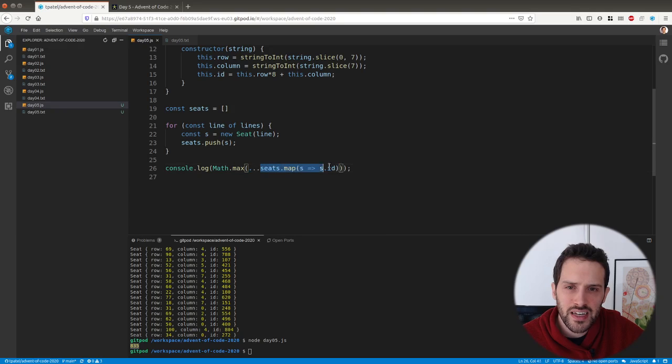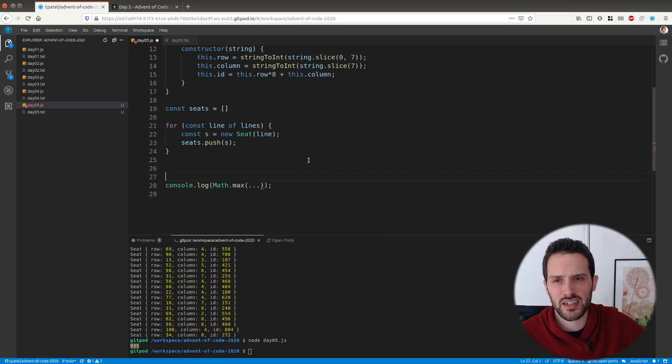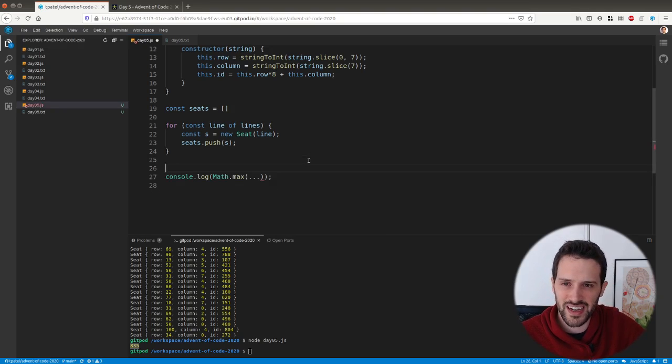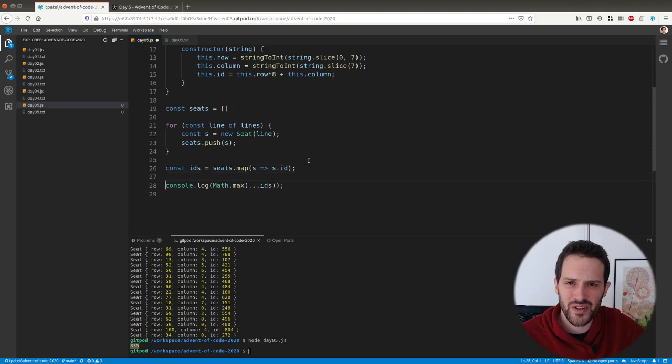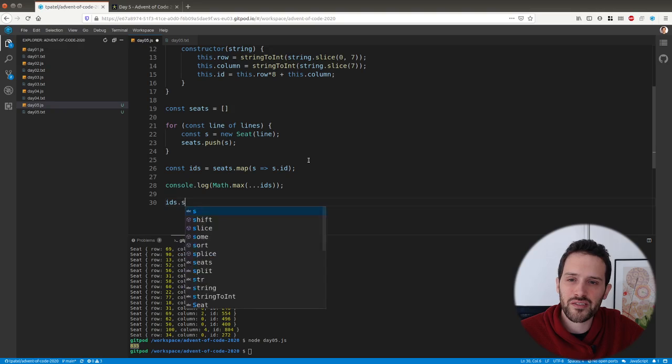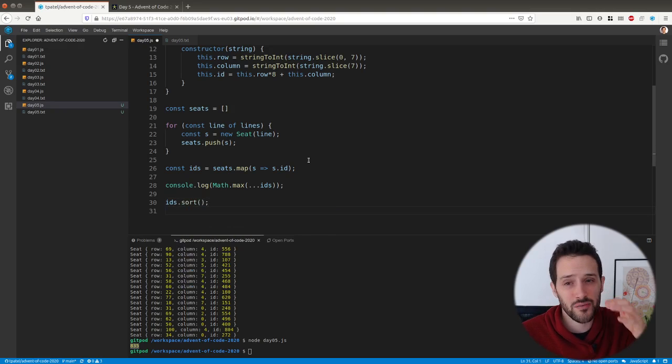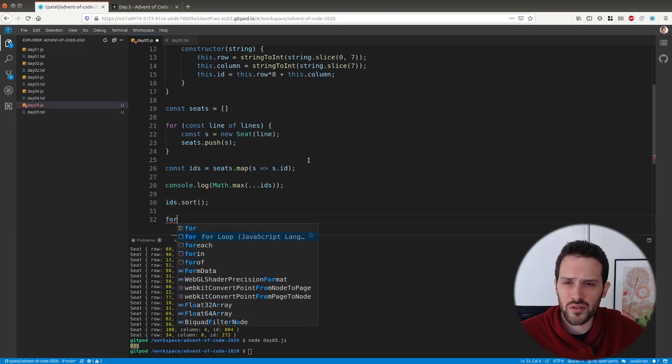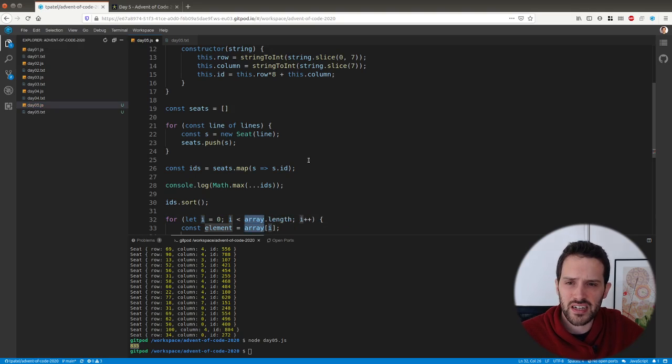So here we're gonna save this const IDs, this is it, and here we have to put our IDs back for the first part of the challenge. And now for the second part of the challenge, we need to find a missing ID. So we're going to do IDs.sort, and we're going to go through each of these IDs, actually. We're going to do a for loop, that's it. Each of these IDs, and we're going to check